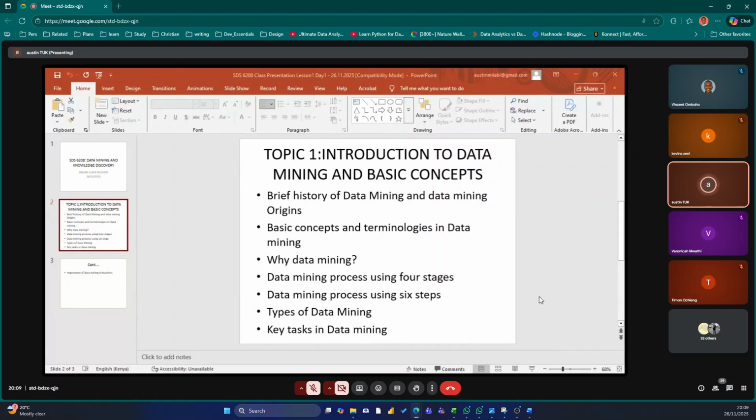If we're revealing hidden patterns and trends, we are able to make decisions based on the trends and patterns which have been hidden in the data warehouse or the big data repository.